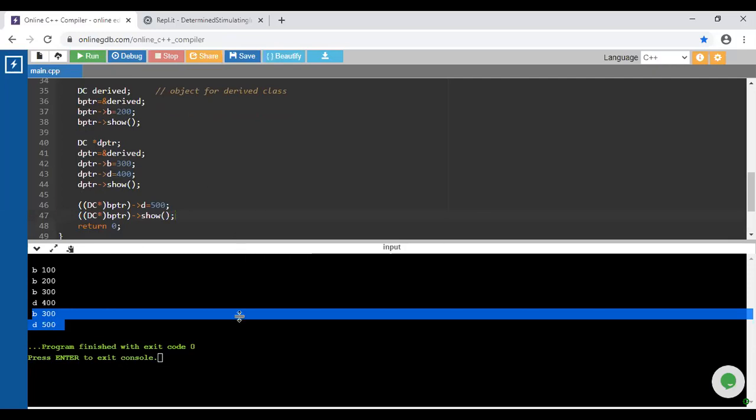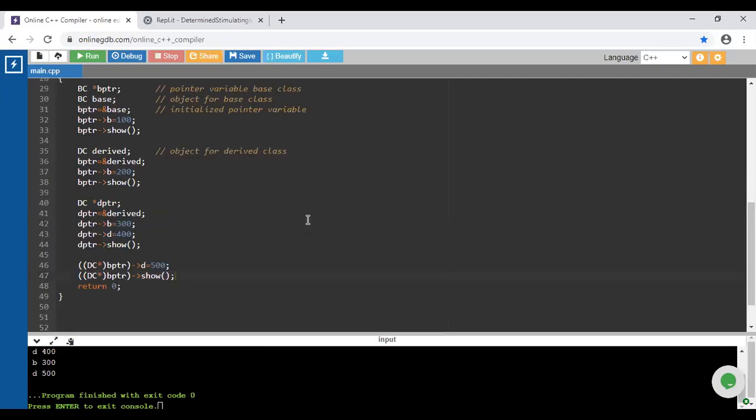After this, how are we going to use the pointer inside the derived class? Clear? Is there any doubt? Yes, Bhushan has raised his hand. No, sir. Okay, so I will share this code with you.